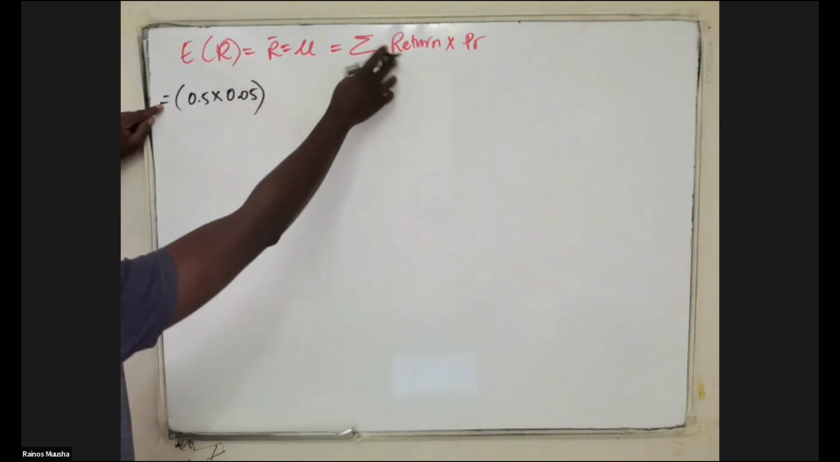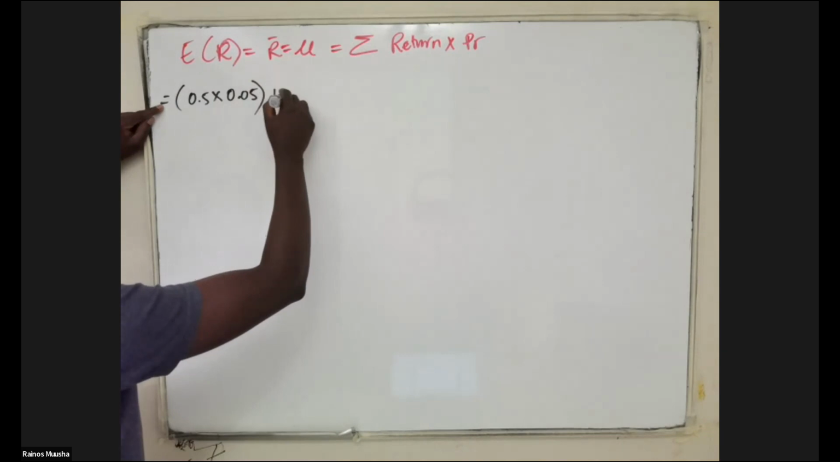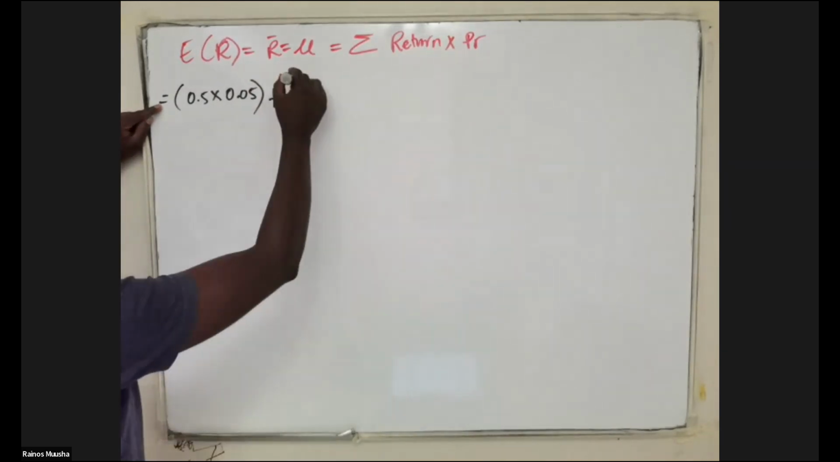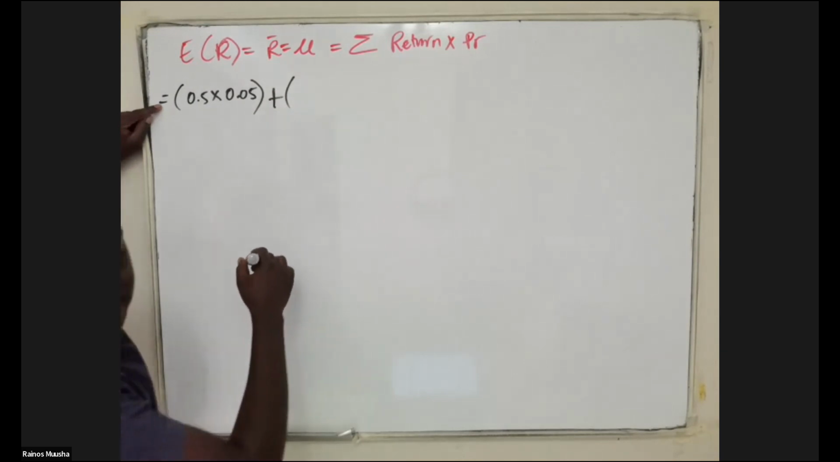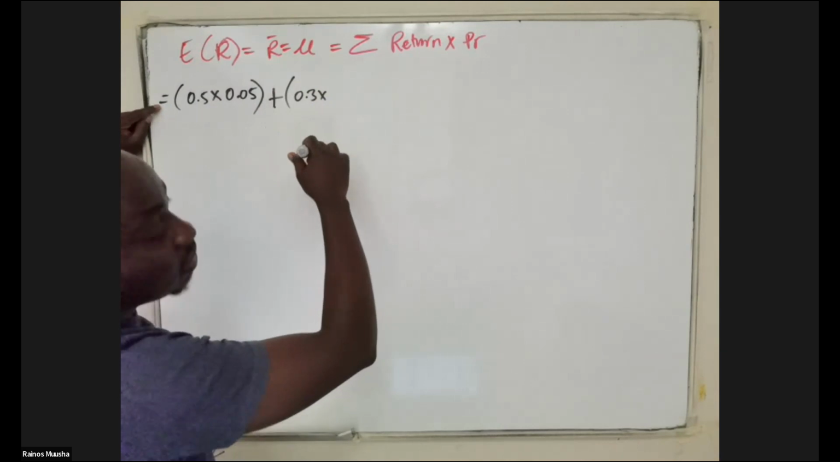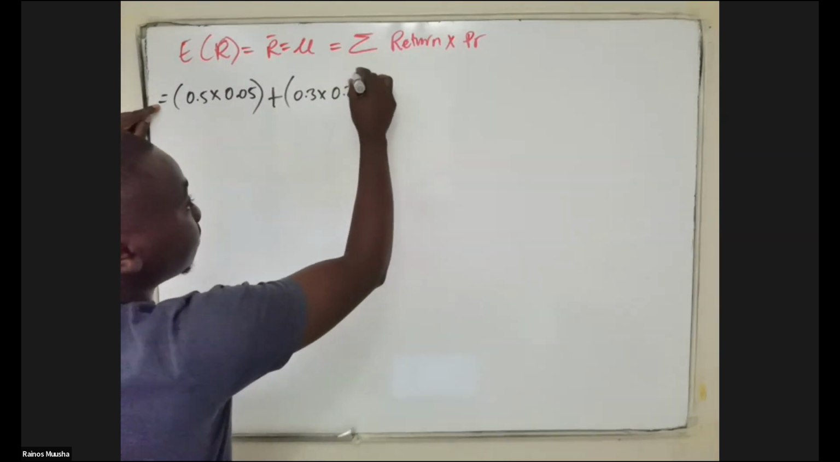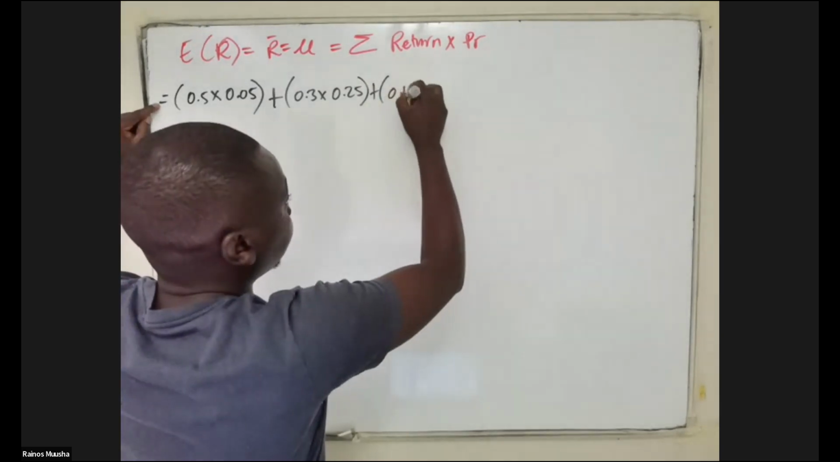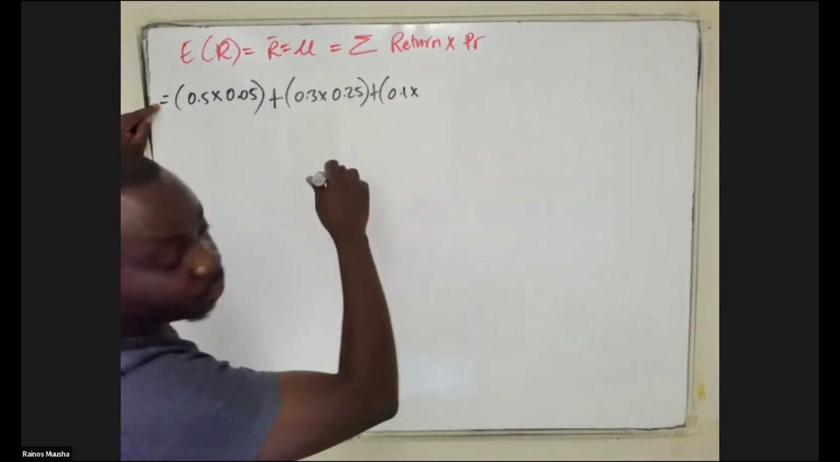Remember, you're summing up the different scenarios. For the second scenario, what is the return multiplied by the probability? Your return is 30%, which is 0.3, multiplied by the probability, which is 0.25. The next scenario, your return is 10%, so it's 0.1, multiplied by the probability, which is 0.4,